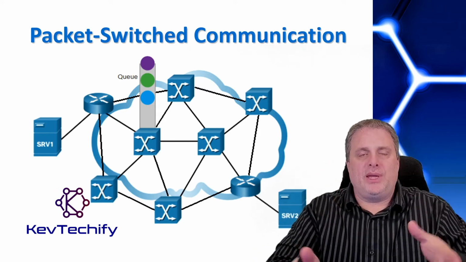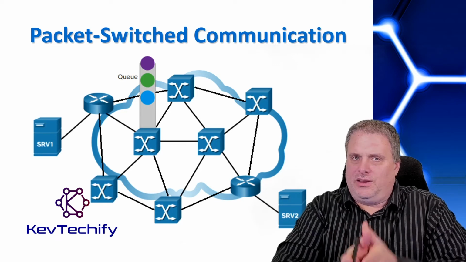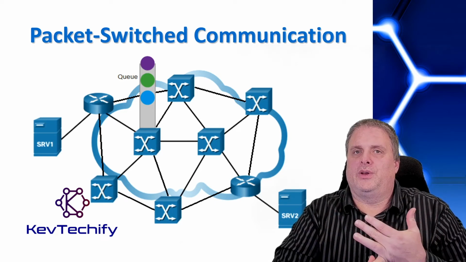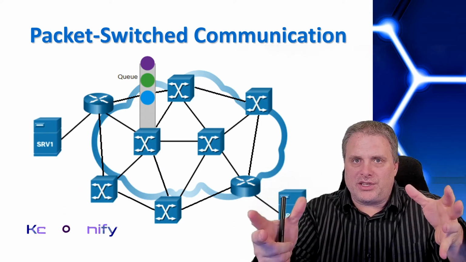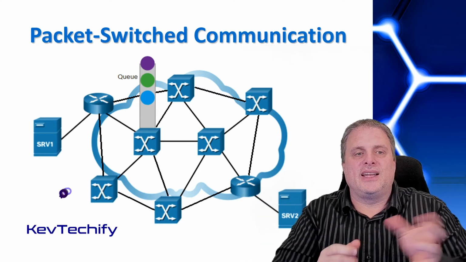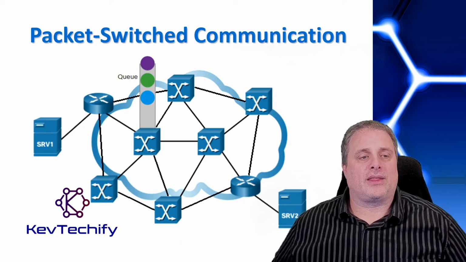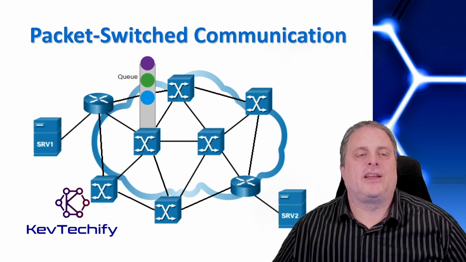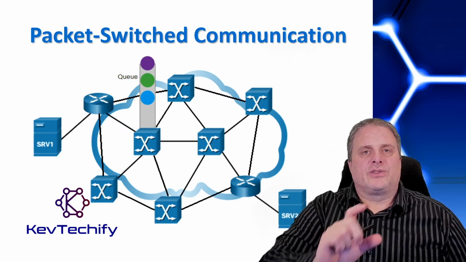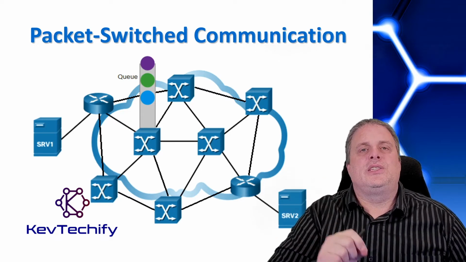So we have the big message, and you think about this as internet communication. Any communication over the internet, we take your big message, break it down into smaller packets, and then each one of those packets can travel a different path. And so from server 1 to server 2, let's say you're syncing some files, and each of those files gets broken down into thousands of different packets.